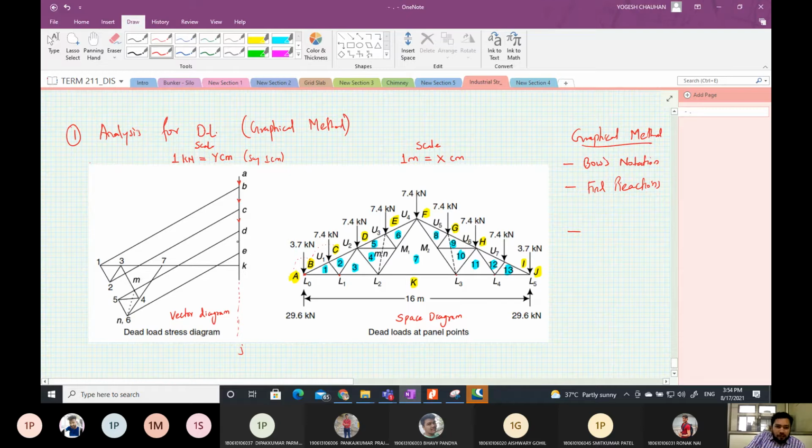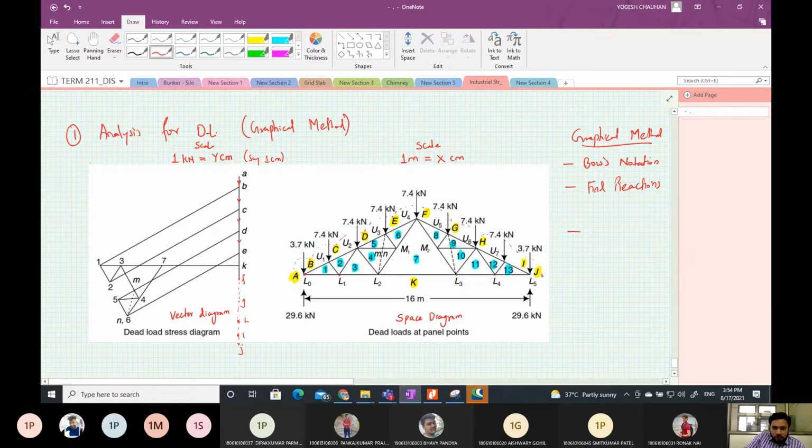Okay, getting? See, this is C to D, then D to E. Then E to F, so you will get some value here, F. Okay, then F to G, G to H. This is somewhere H. H to I. This is I, and I to J. This is J. Okay. And all these will be acting in the downward direction.